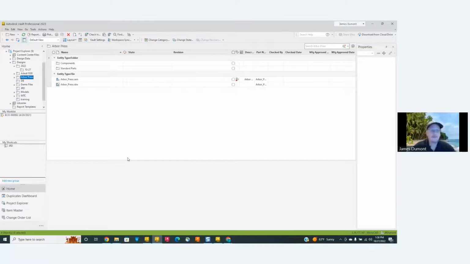The other one is iLogic, the additions to iLogic. This is not in 23, but it came out a couple of releases ago, where I can now place components using conditional rules versus having to suppress them. So those are probably my top two.